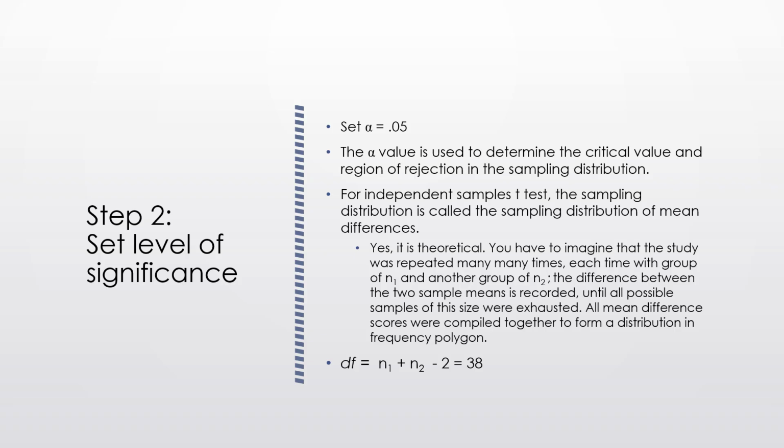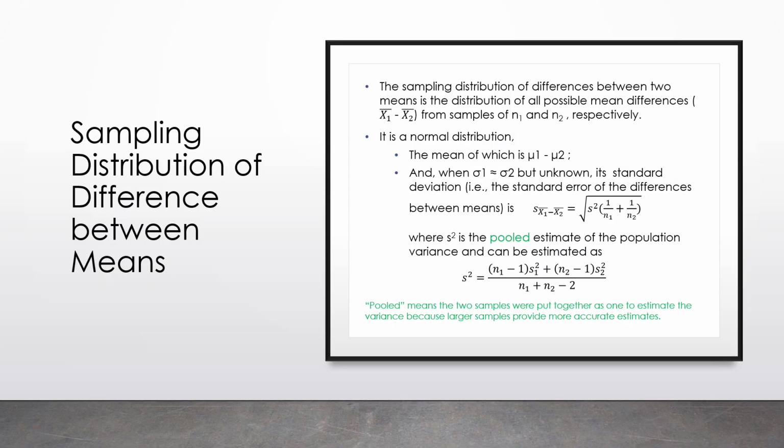The degrees of freedom are calculated as n1 plus n2 minus 2, which is 20 plus 20 minus 2 equals 38. Using the t-distribution table, we can find the critical values for a two-tailed test, plus minus 2.024. Next, in step 3, we calculate the test statistic, which places our sample statistic into a sampling distribution and